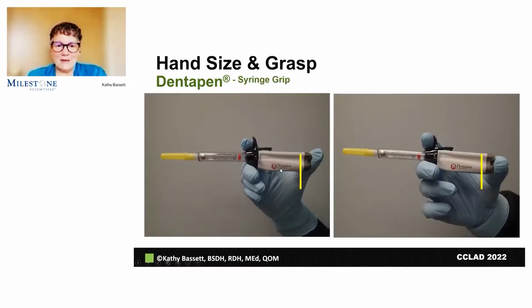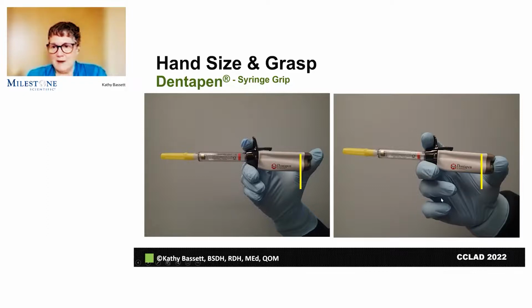Then here's looking at the DentaPen, and this is with the first grip. When I pick this up and hold it like a little trigger type syringe, it just fits in my hand. If my hand was any smaller, that might feel like a little bit of a stretch to me. Here's right at the base of where the motor housing is. You can see right where it lines up, but you can also see how far back I have to pull my thumb to hold that. At this point, the activation I need to do is pulling back with this index finger on that trigger. But there's nothing I need to pull back on my thumb. I'll just need to balance the weight of the fully contained microprocessor right there to continue.